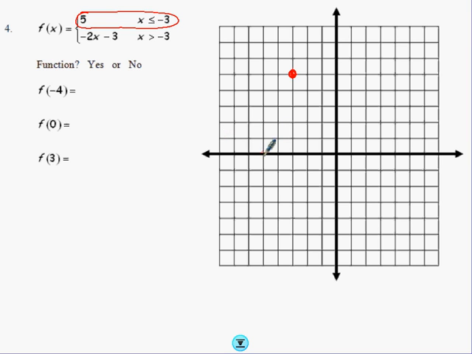Why not -5? Okay, if x is -5, which is less than -3, y is 5. Closed circle, and we're going that way. This one's pretty obvious. It's a horizontal line. You don't really have to plot that second point if it's so obvious. And then